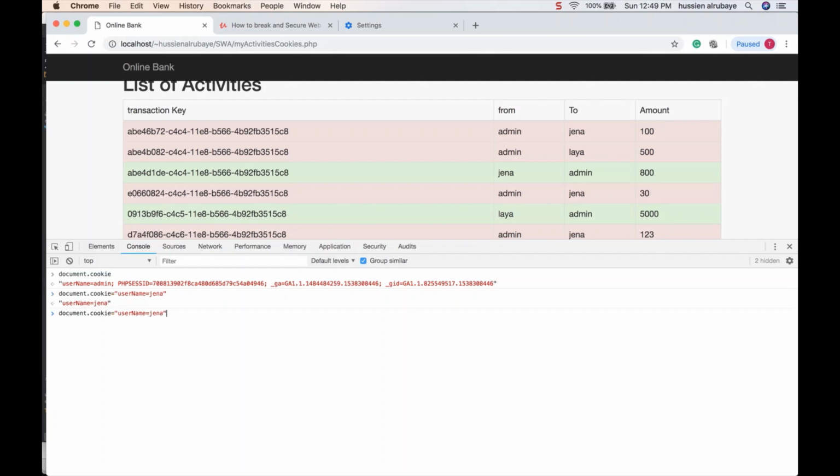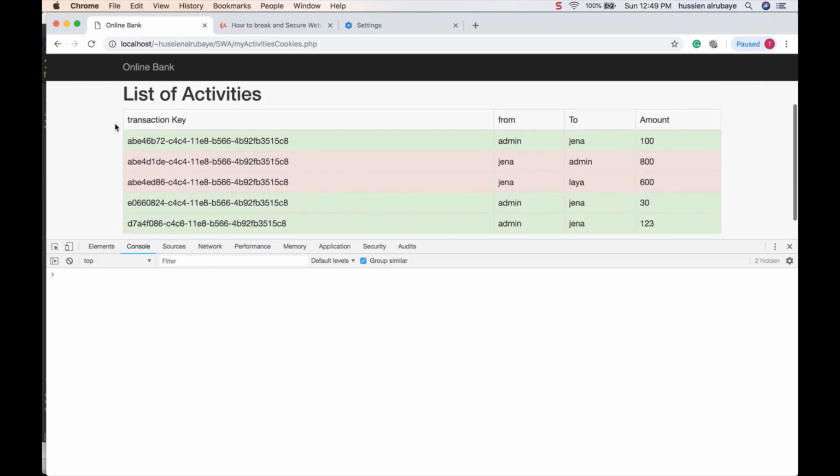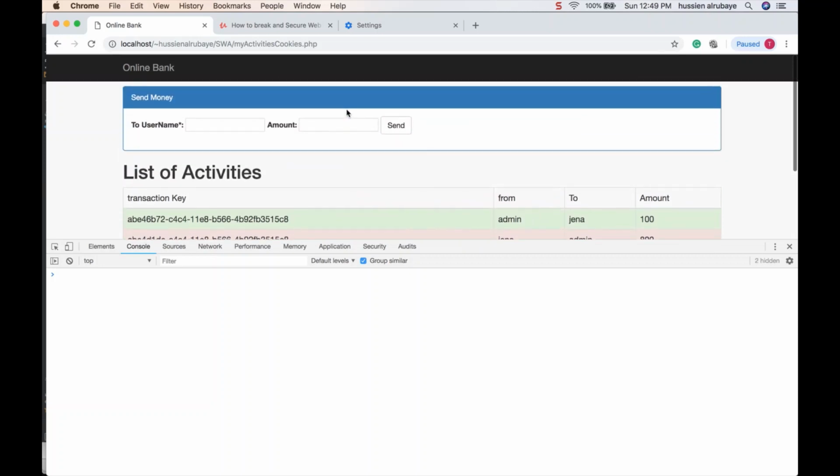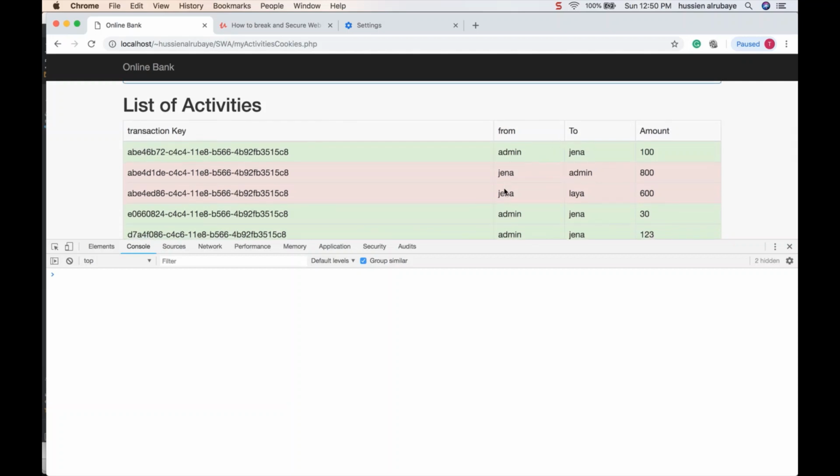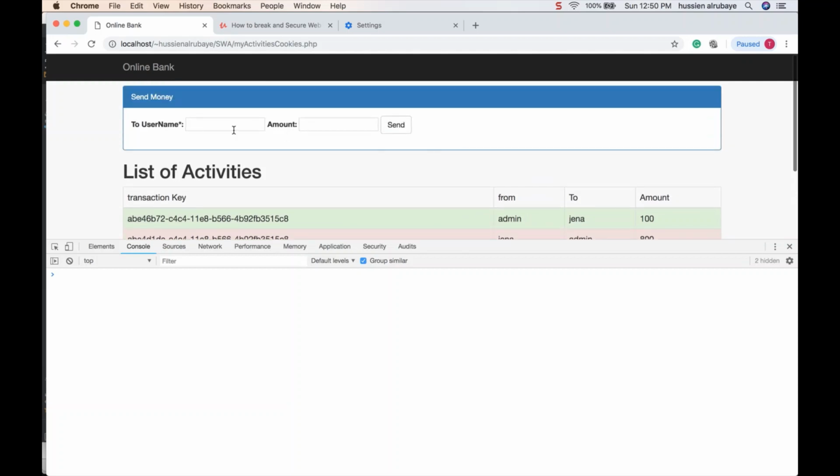So username is Jenna. Now if I just list, the username is updated to Jenna. Now if I just refresh the page, I log in as admin, but now I have access to Jenna data. So if you see, now I'm in Jenna page. Okay, this is Jenna, and still I could send data to admin, send money to the admin, like 3,000 from